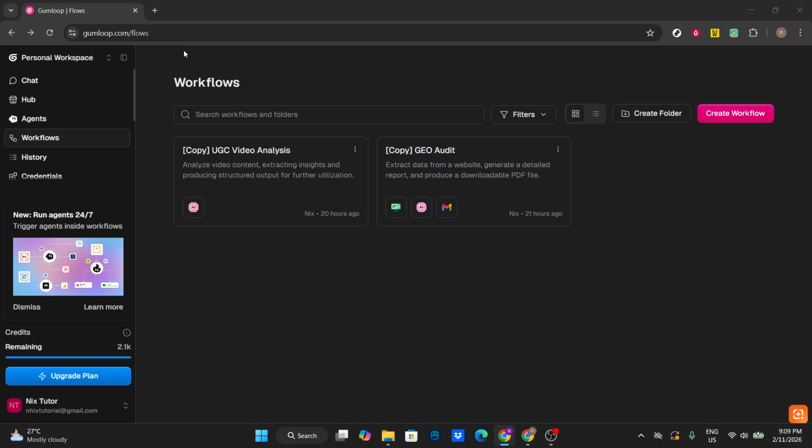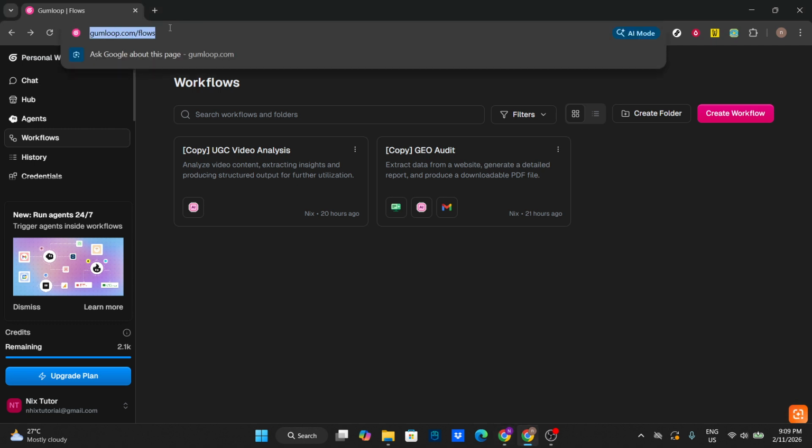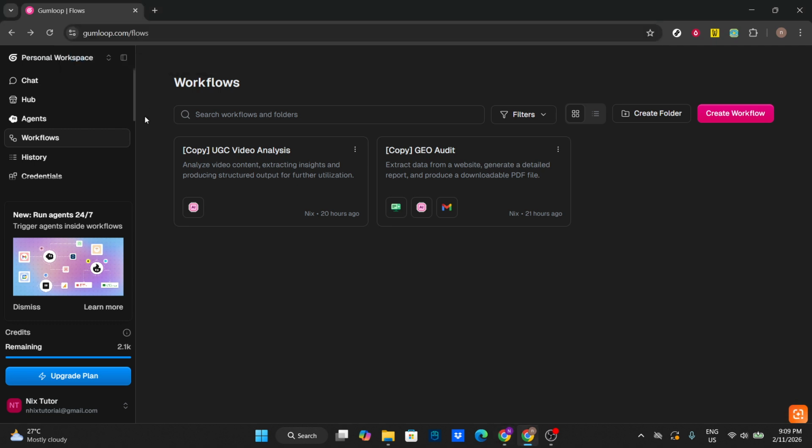First, head to the Gumloop website and open the chat page. This is a good starting point because it brings you into the main workspace where you can quickly move into building mode. Once the page loads, look over to the left-hand side panel. This sidebar is your navigation hub. If you don't see it, try hovering near the edge of the screen or widening your browser window so the